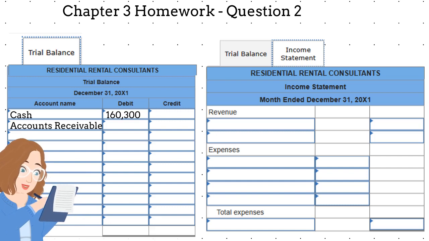Be sure that you enter the balances into the correct debit or credit column. How can you be sure? The trial balance totals must balance. Once you have completed the trial balance, you are ready to move on to the income statement. Not all accounts from the trial balance belong onto the income statement though. The income statement calculates the net income or profit, and we calculate that by entering first the revenue and then the expenses. Remember, you can use the Check My Work feature on each question and then click on Return to Question to go back.